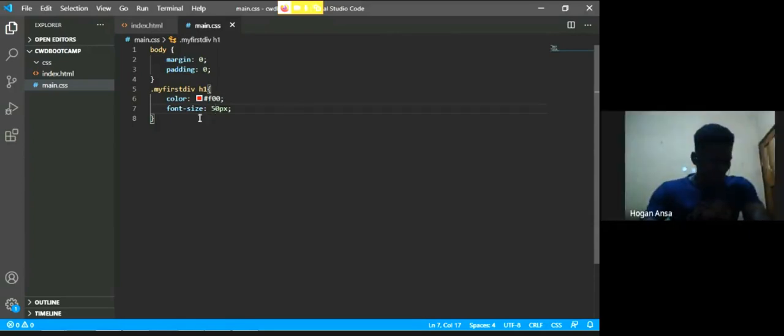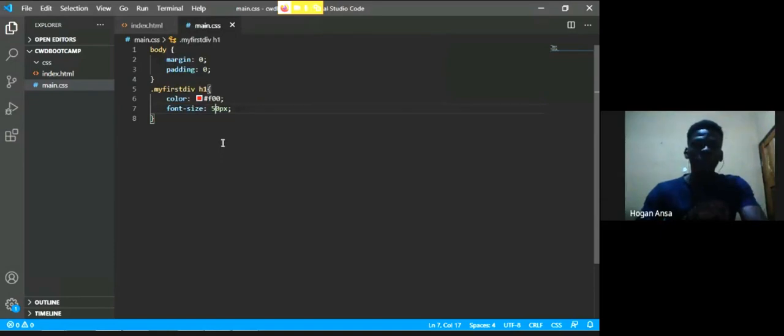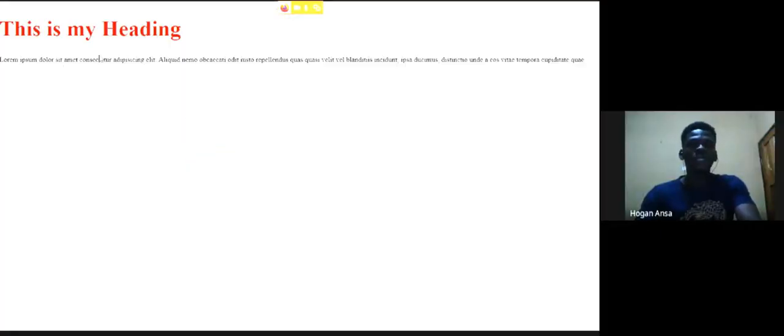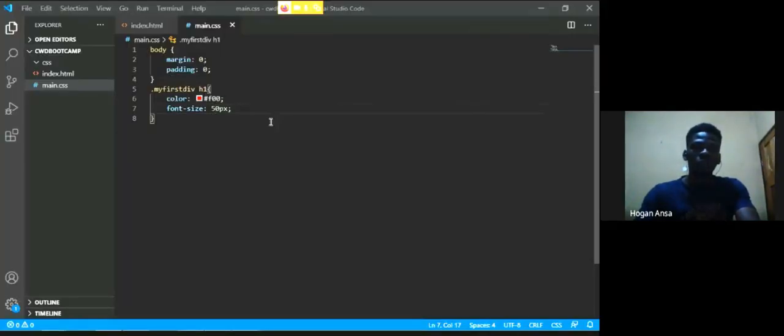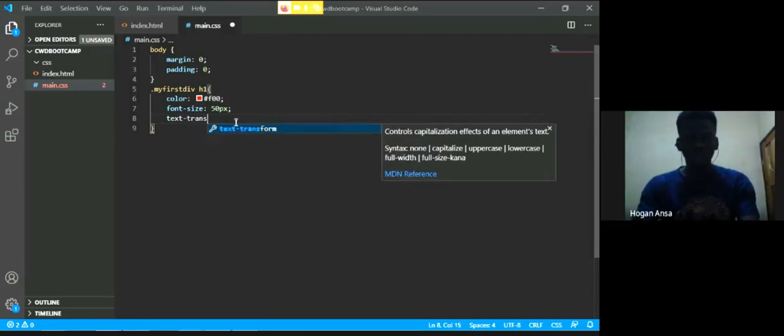Now we can also do something more to the font element. It's not enough to just add color and size. You could do some more styling to it. For example, you could transform it. Suppose you want all these to come in uppercase, for instance. You want to change all of that to uppercase. What do you do? You go back to your styling and say something like this: text-transform,